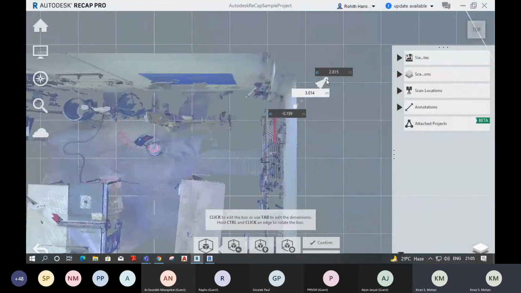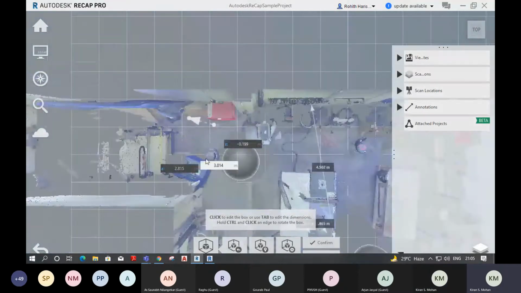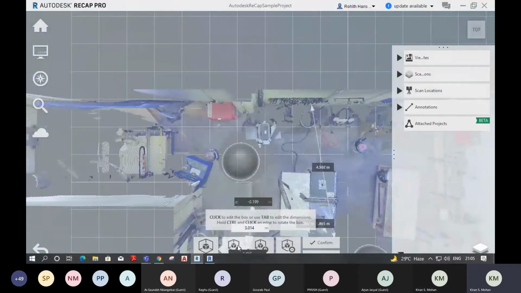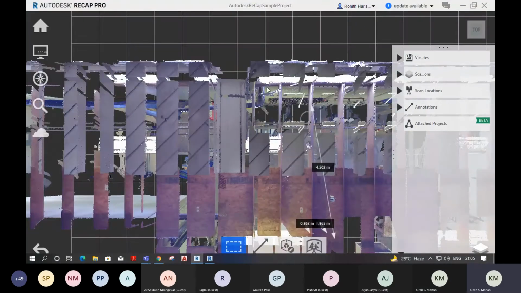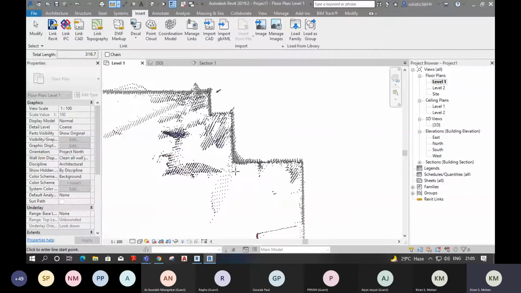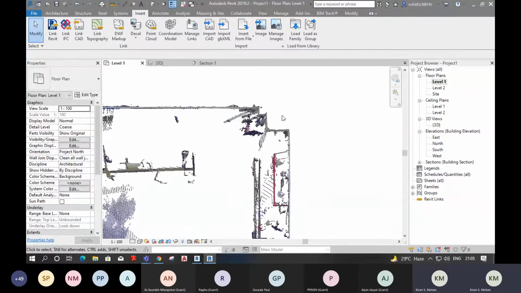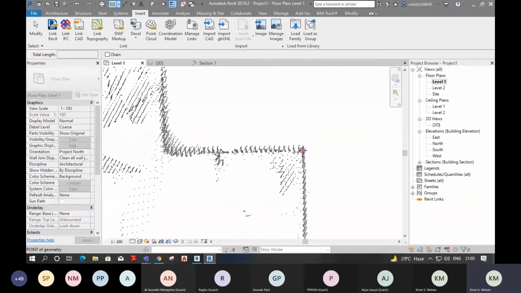Now I'm just resetting this. Wait, I'm going back to Revit. So here I'm just going to take the measurements of this column. It is showing as 306 and 305, but we can take it as 300 because in reality it will be 300 only. And here also I need to take the measurement, the vertical dimensions.